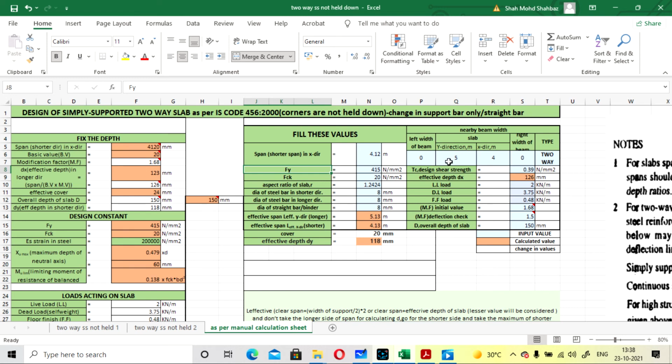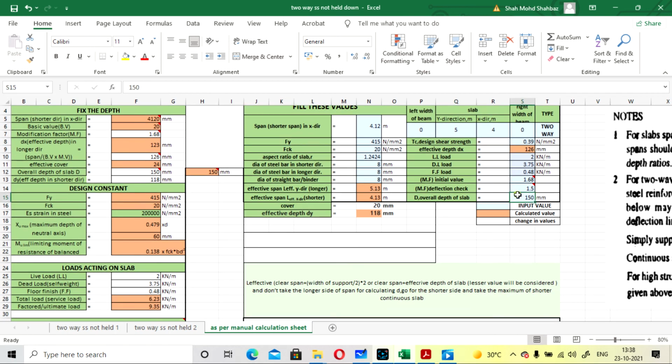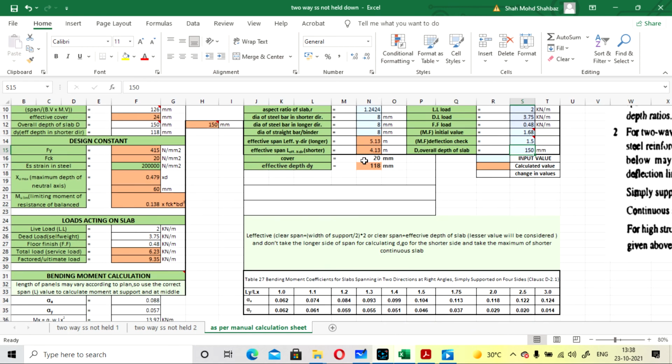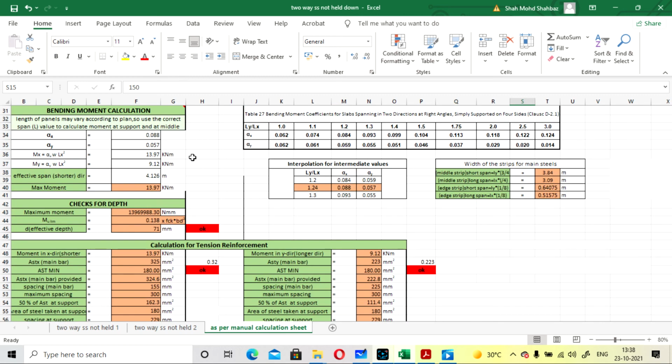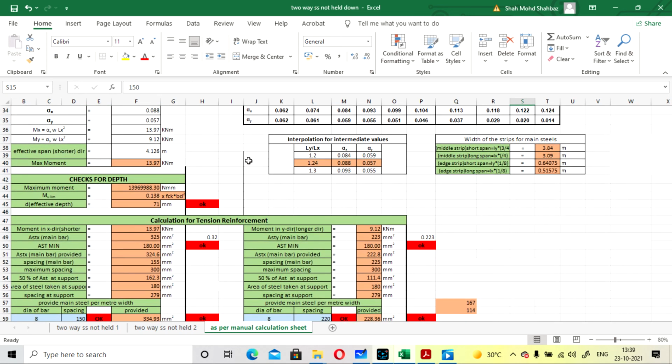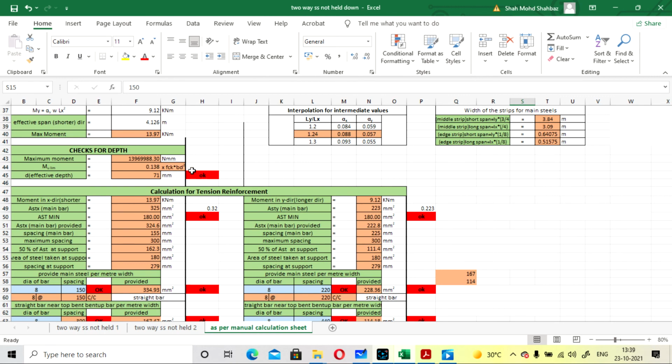For direction, we have taken 4 into 5, and the span that we have taken for the calculation of depth is 4.12. Here you have to give your total depth and it will calculate your effective depth by that formula for both the directions. And here the bar we have mentioned, our aspect ratio will be calculated here. So all the values will be calculated by the formula by itself. All you need is to give your moment value here. It will calculate the moment by the formula, and it will also calculate the depth. See here 71, the same value is coming here.